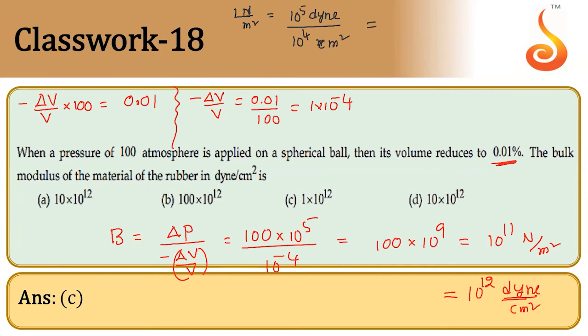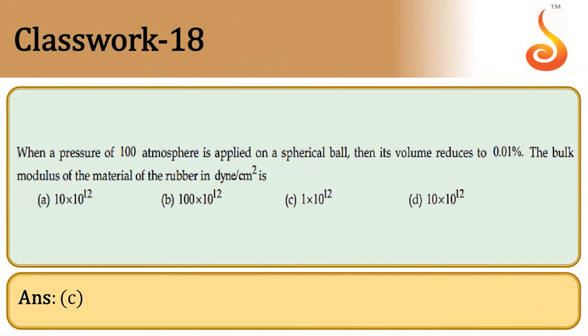What is left in the numerator? 10 dyne per centimeter square. This is the conversion factor: 1 Pascal equal to 10 CGS units. Okay, children? Understood? Okay, copy that. First we get the answer in Pascal, then convert that into dyne per centimeter square. Done? Okay, next. Copy if you haven't copied.